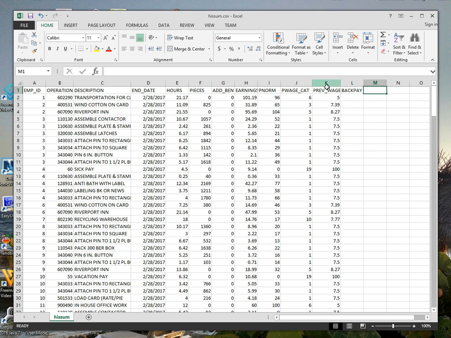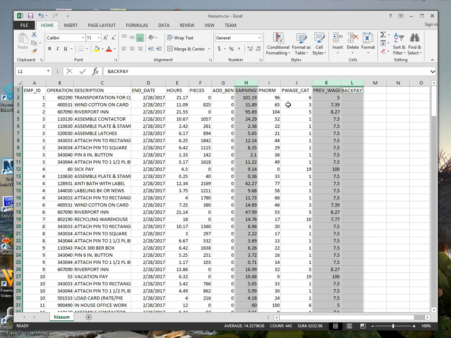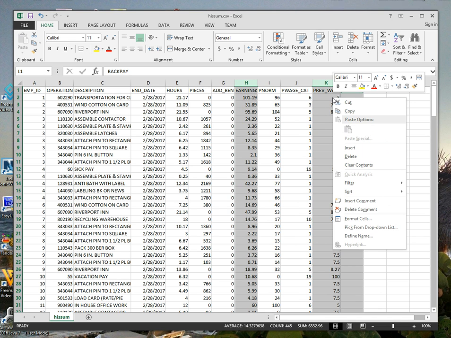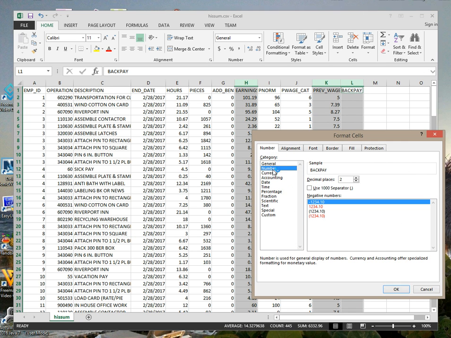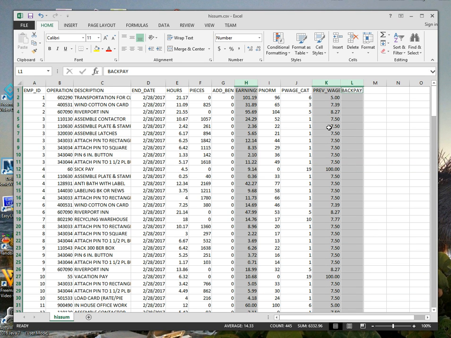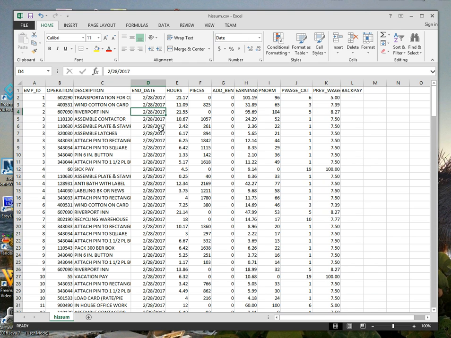And some of these numeric columns, I'll do a multiple select, the earnings, and then I'm going to control click on the prevailing wage and control click. So I multiple select, and I'm going to right click and format the cells, and I want to make that a number with 2 decimal places. So that just pretties it up a little bit. All right, so now I've got